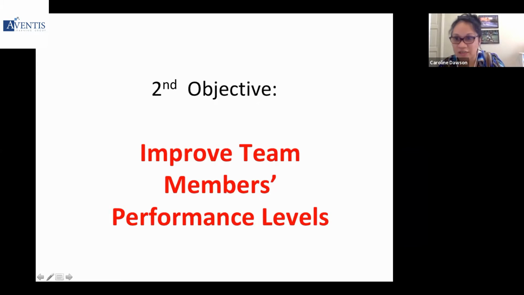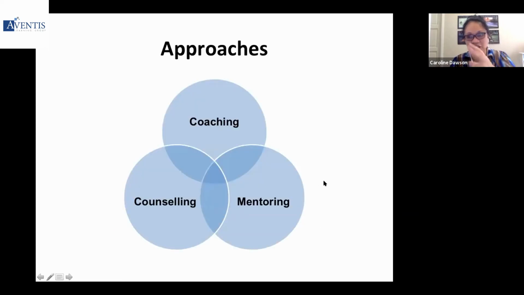Leadership styles and so on. A couple of leadership styles will be shared, and of course personal branding that needs to be developed for yourself. The second objective is, how are you able to improve the performance levels of your team members? Because whether you are adopting a leadership style, whatever that might be, ultimately you are there to serve them. Many things we will talk about, but let's keep it simple.